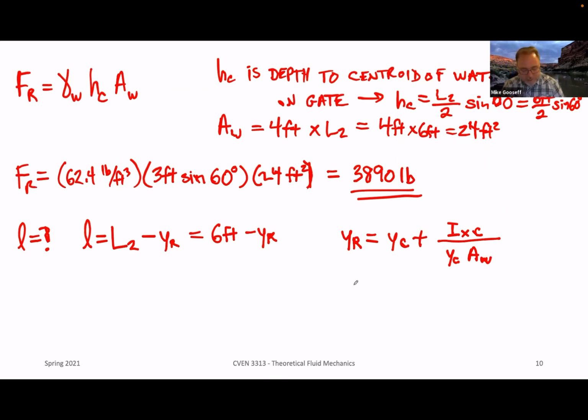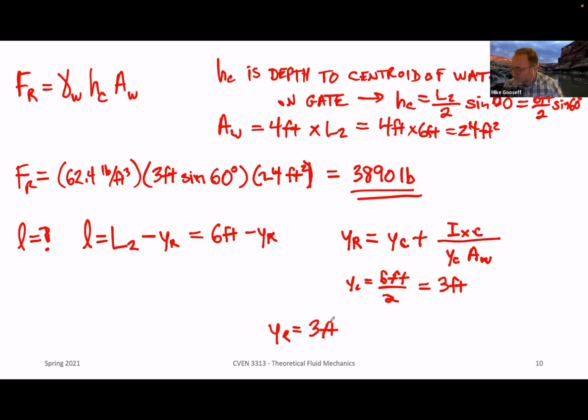So y sub c, I think I can just squeeze it in here. Y sub c is equal to, in this case, 6 feet divided by 2 to get to the middle of the interaction with the gate. So that would be equal to 3 feet, the middle of where the water is acting on the gate. And then y sub r is equal to 3 feet